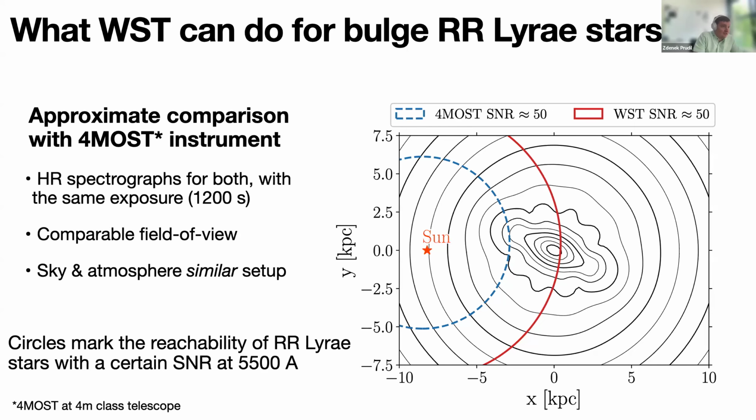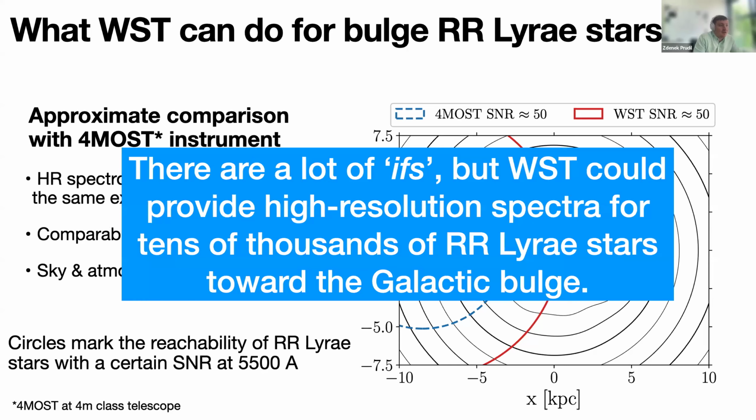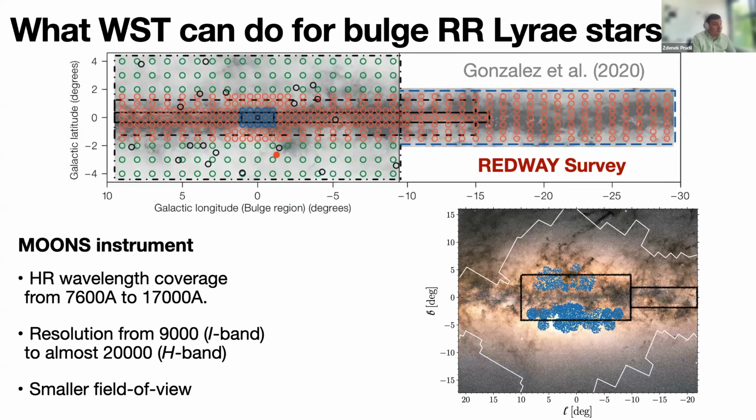So what WST can do is provide high resolution spectra with sufficient signal to noise for low tens of thousands of auroral stars, which is basically what we can do right now for the solar neighborhood, but on a much larger scale for the galactic bulge. That would be wonderful, especially with the field of view that WST can have. Now, there's a competing instrument, called MOONS,